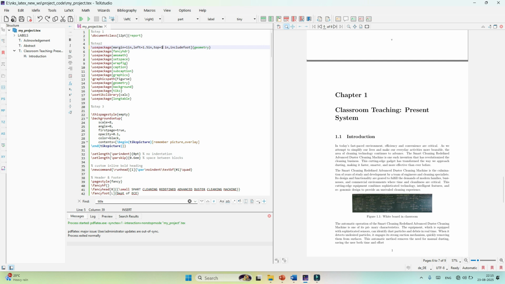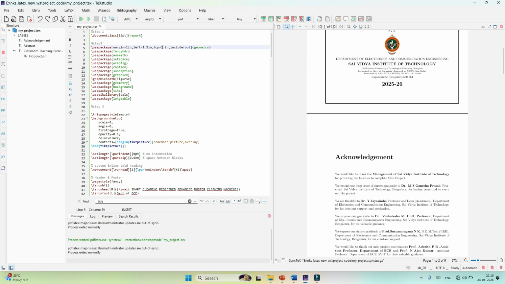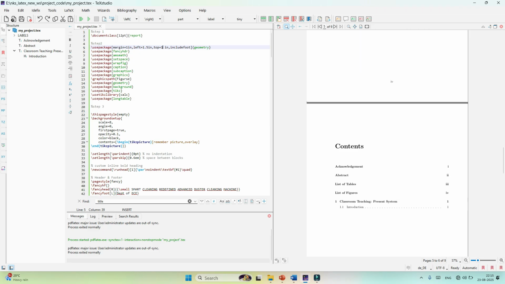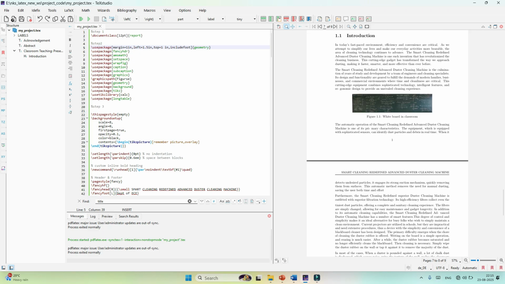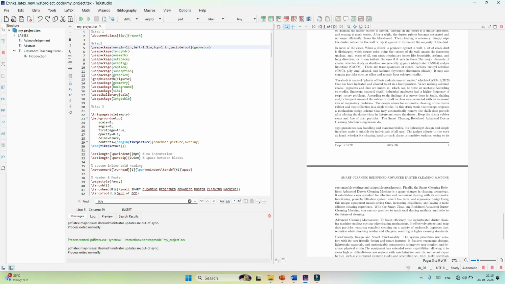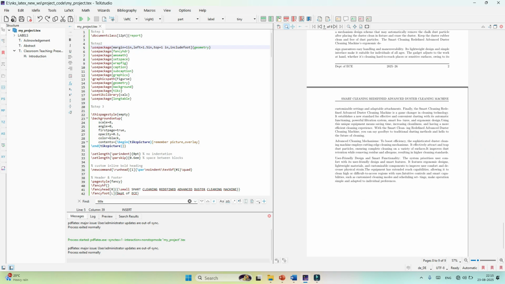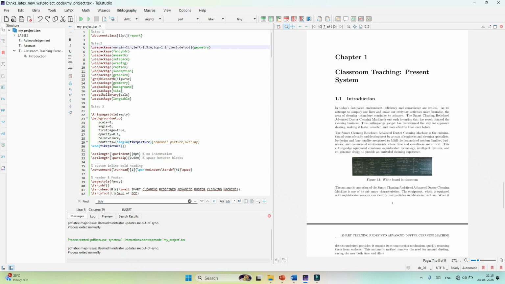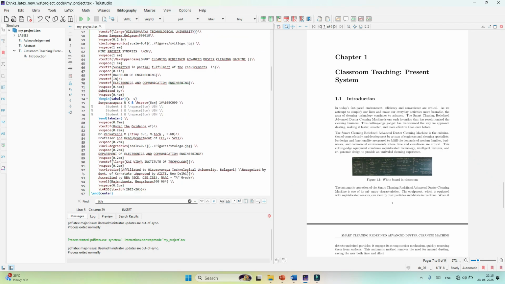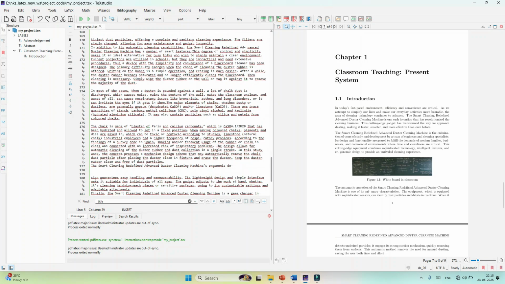Since the top margin is 0.5 inch, let us increase that by some amount. Now we are able to see our header is aligned properly and the footer is also aligned properly. Now you are able to see the paragraphs are aligned in chapter 1. You check in your code that in chapter 1